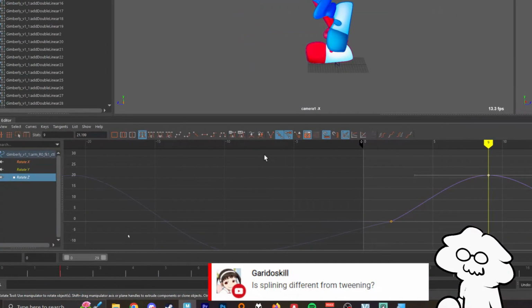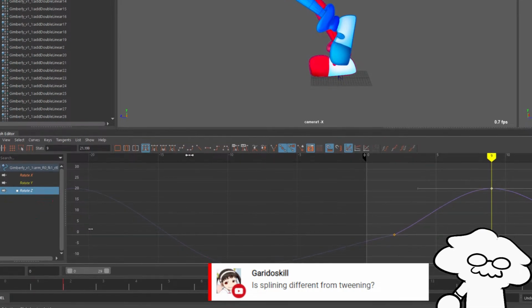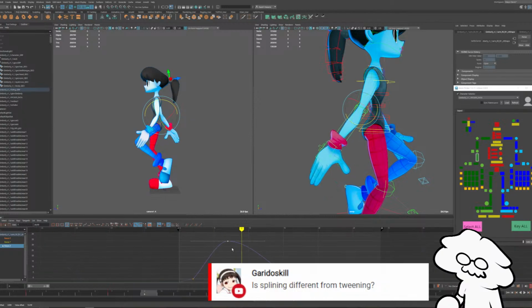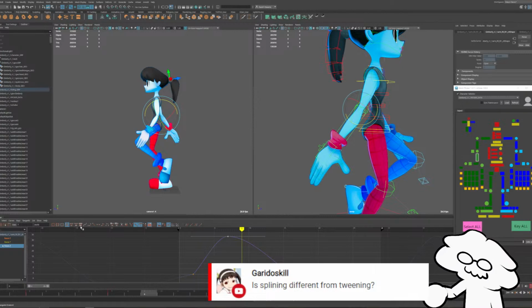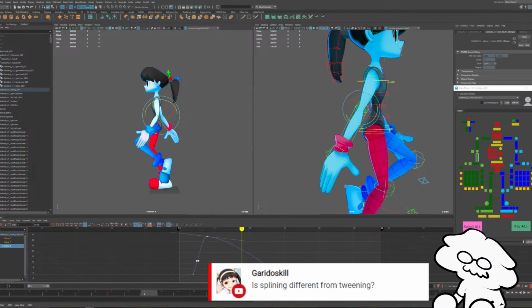Then splining is effectively changing what that looks like. It's only going to do it a little bit, but if I move it over like this and move it up, just for demonstration purposes, and then change it from auto keys to spline, it's going to change that more dramatically. Even more so if I had it right next to each other.